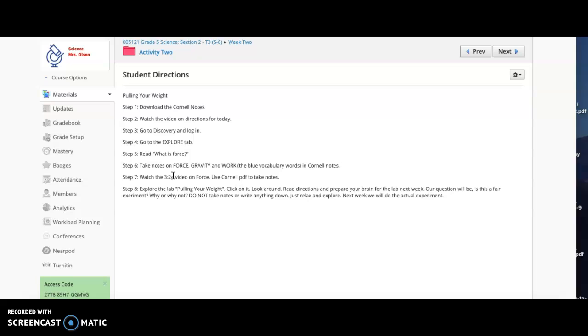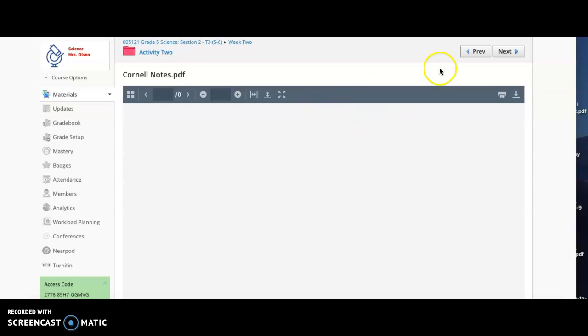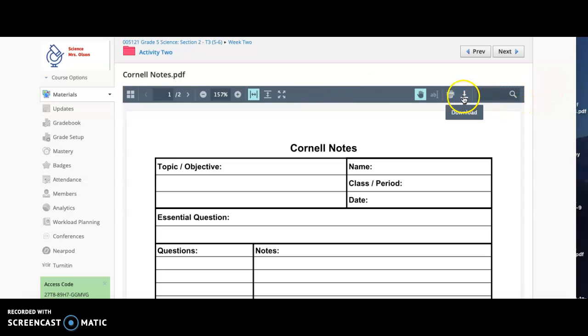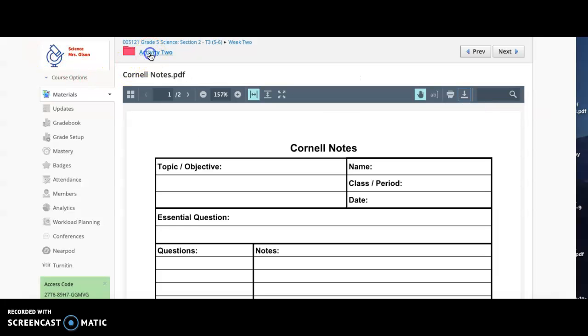So let's do what it tells us. First, we need to download Cornell notes. I'm going to go back to activity 2. I see, oh, here's my Cornell notes. I'm going to click on that and I'm going to download my Cornell notes. And when you download, you're going to put your Cornell notes right into Notability so that you're able to use your Cornell notes and write on them. Next, what you'll do